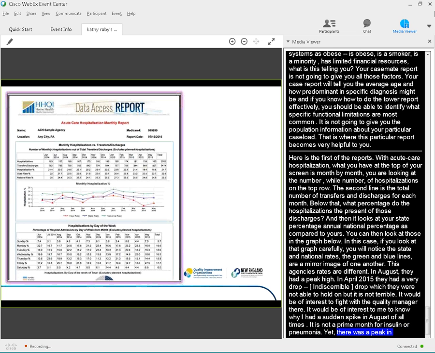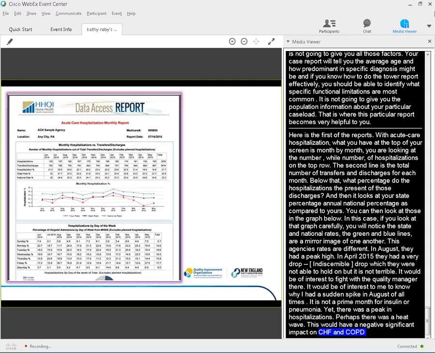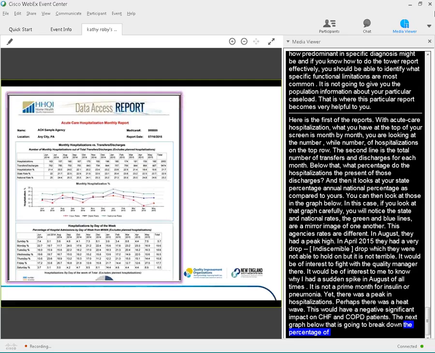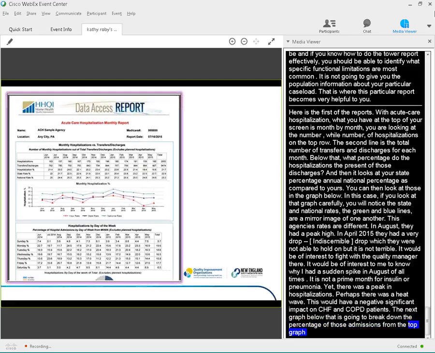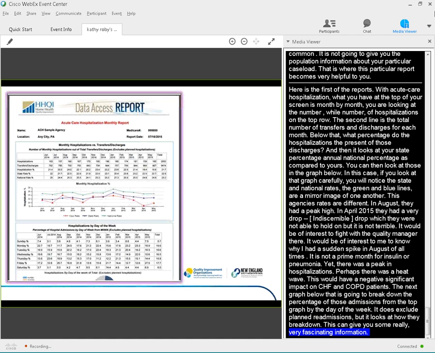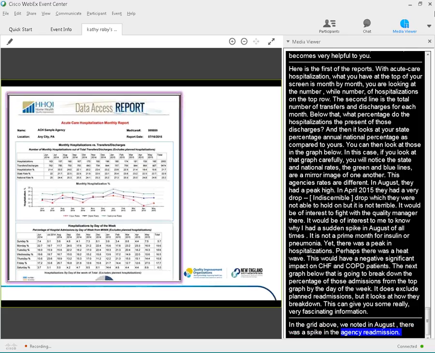The next graph below that is going to break down the percentage of those admissions from the top graph by the day of the week. It does exclude planned readmissions, but it looks at how they break down. And this can give you some really very fascinating information. In the grid above, we noted that in August, there was a spike in the agency's readmission. If we look at the bottom graph and look at what day of the week did that happen, we have